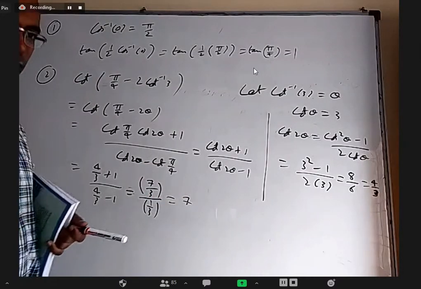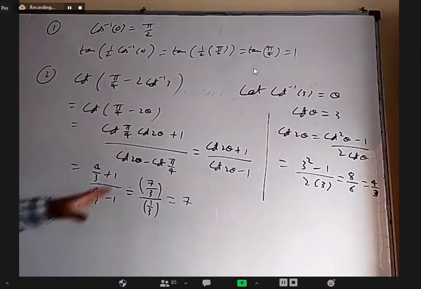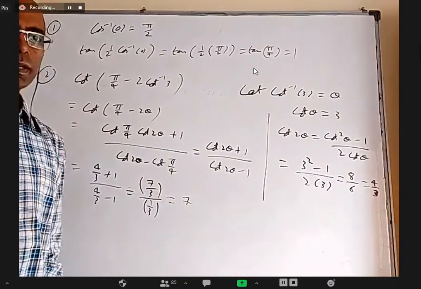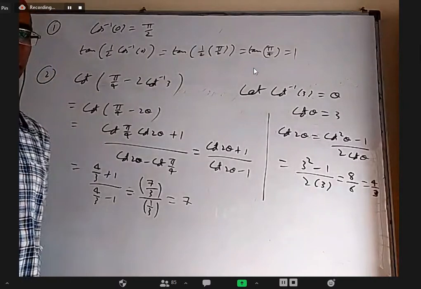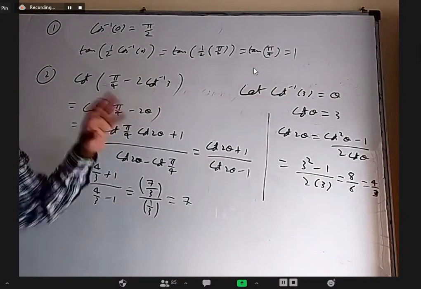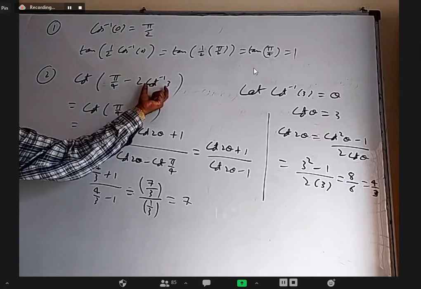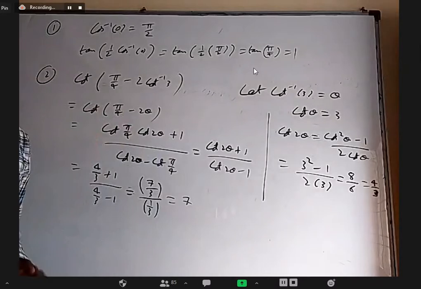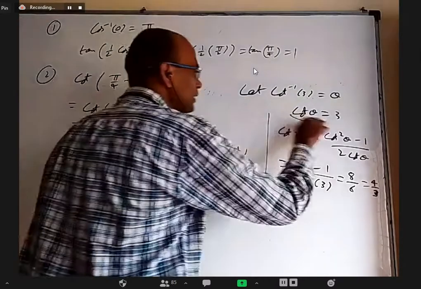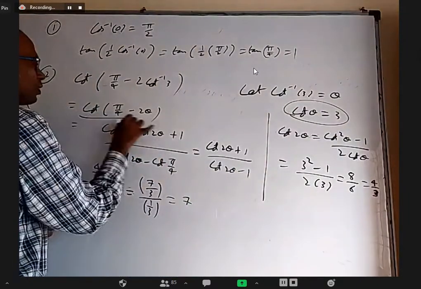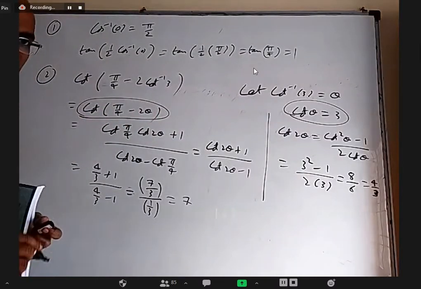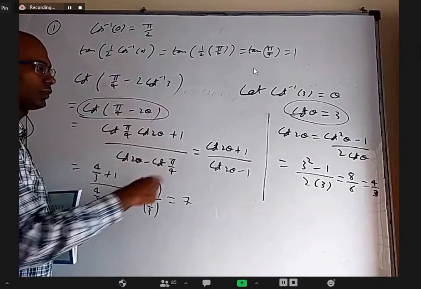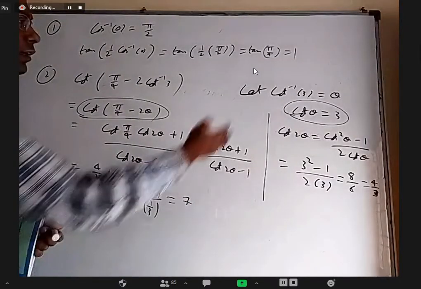Okay. So anyway, sorry, a little off the track. Coming back to this, please listen. We discussed so many formulas in inverse trigonometry. We'll be using them. But some questions you don't need anything much. Like in this example, I don't have to know anything about inverse trigonometry formulas. Simply take cot inverse 3 as theta. Cot theta will be 3. Now it's a simple trigonometry question: cot theta is given and you have to find cot of pi by 4 minus 2 theta. First use the cot A minus B formula. You will come across cot 2 theta. Find cot 2 theta and substitute.